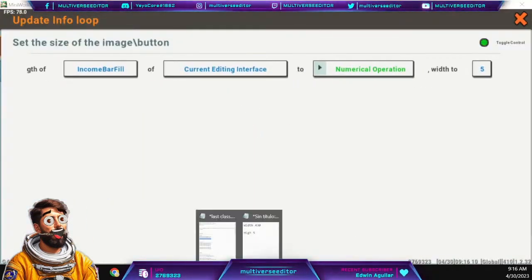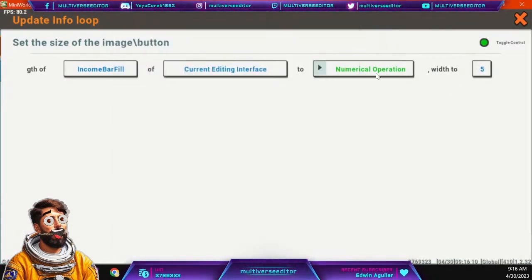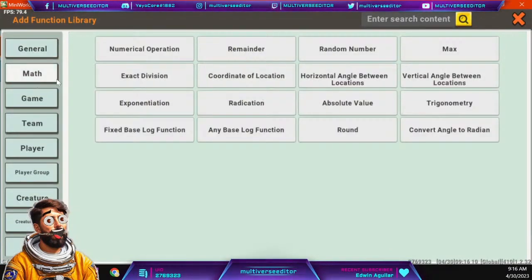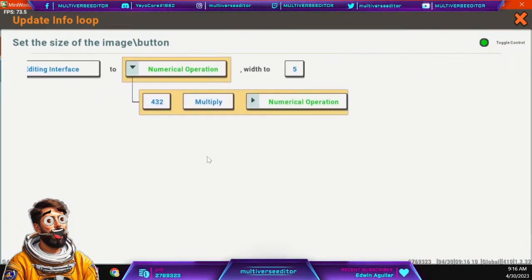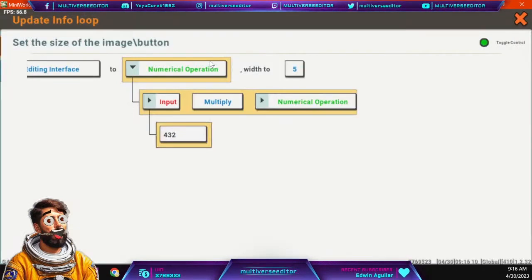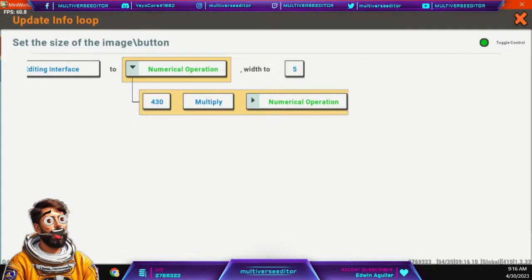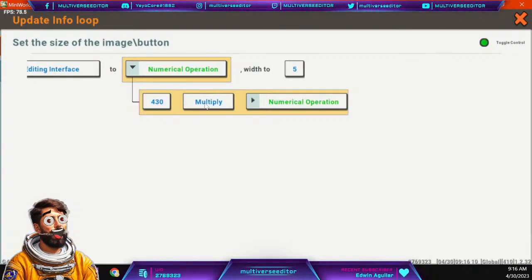So in here, you're going to select the height of your specific filling bar, okay? In here, we're going to go to functions, and we're going to do a mathematical operation. You can use this for making your own bars. So we're going to do a numerical operation, and you're going to have something like this, okay? All right, so in here, what you're going to do is place this number on the same value. Here I see that I did it wrongly, so it's going to be 4030, like you're going to see right here, the max amount, okay? And you're going to multiply this